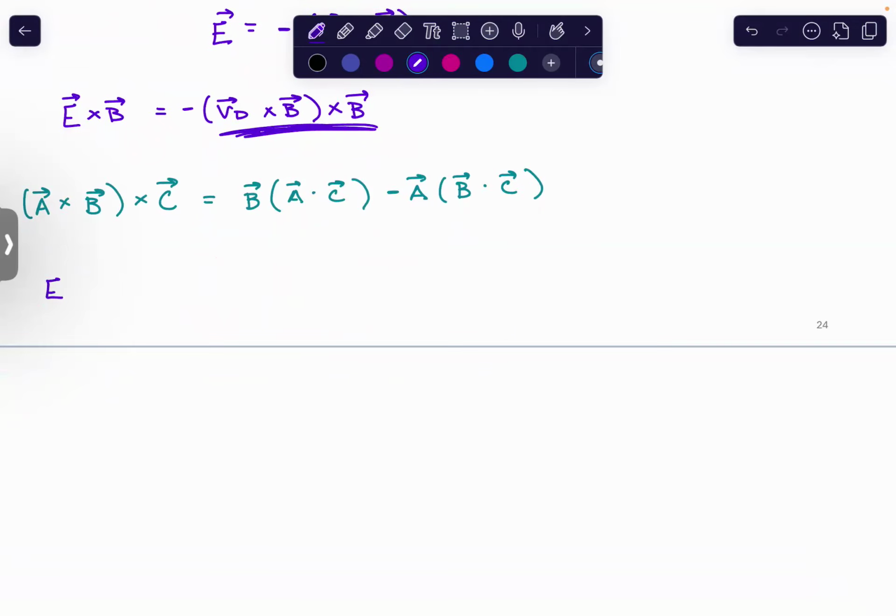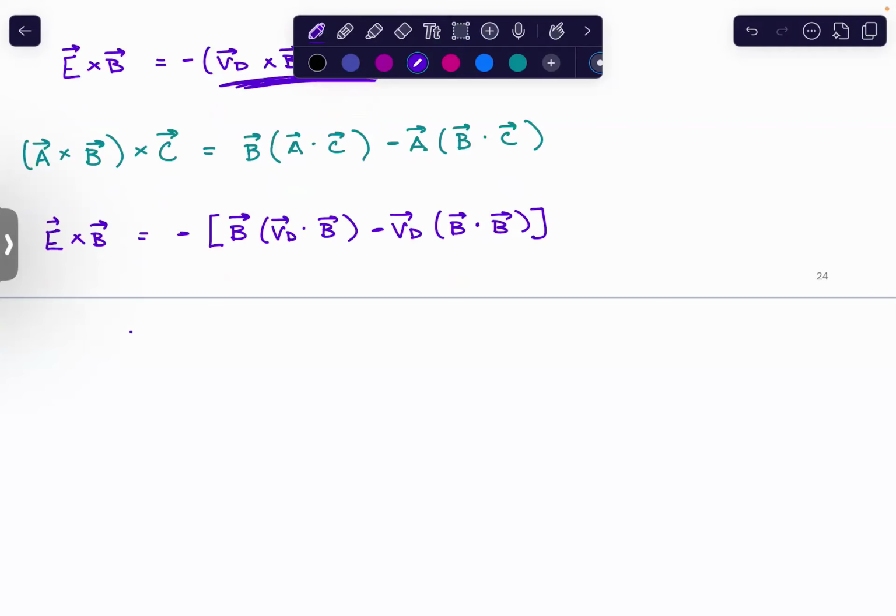So that means our E cross B is going to equal the negative. I don't think we have to prove that anymore. We've already done that. Now,